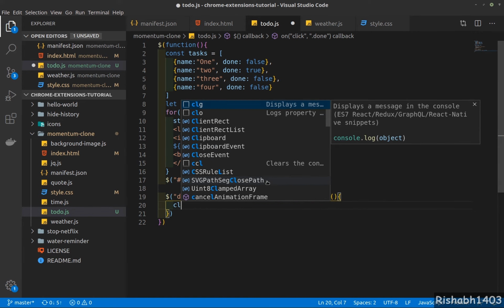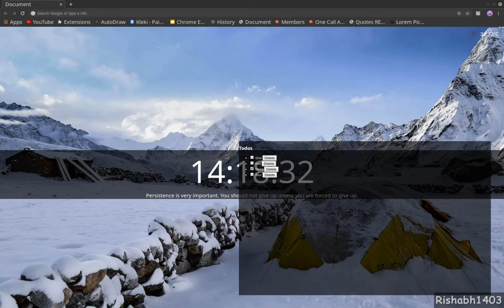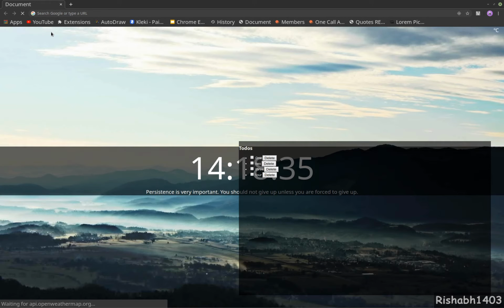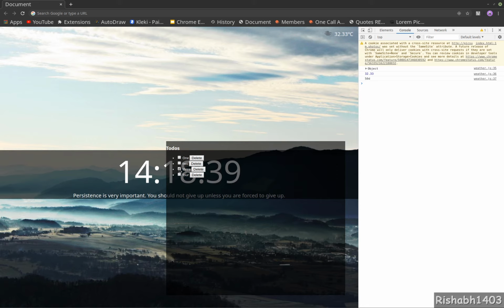So first just log if this works. Sometimes I mess this up. Okay, log, let's see if it works.